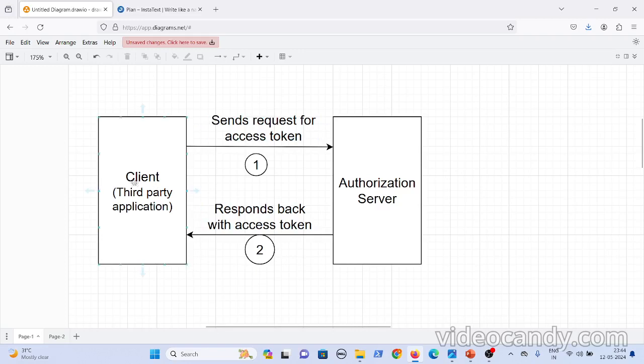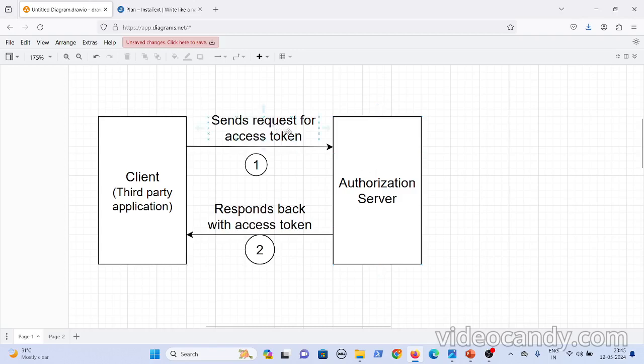So what the client does is, the third party application, be it a printing service or any website that can access GitHub or any other application, talks to the authorization server. It makes an HTTP GET request to the authorization server by passing a few parameters, and it asks for the access token.